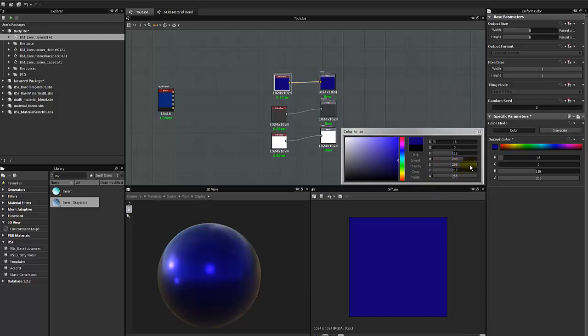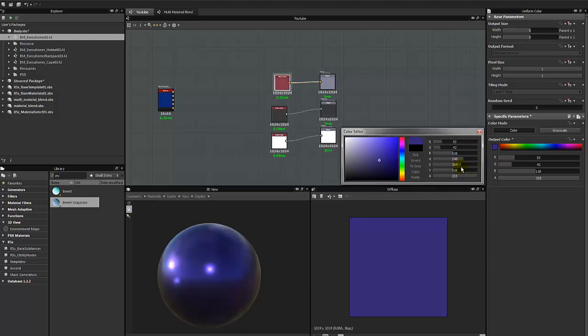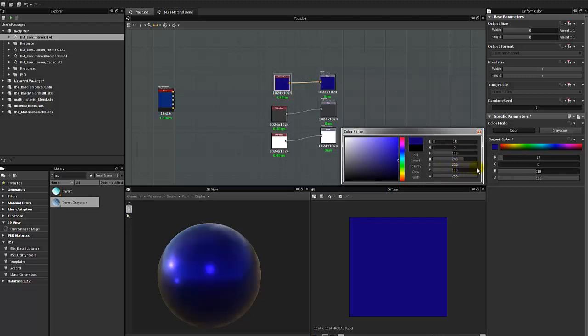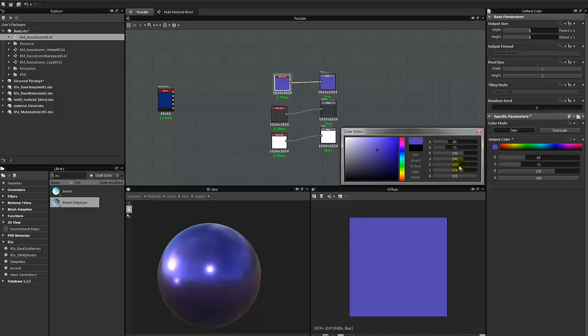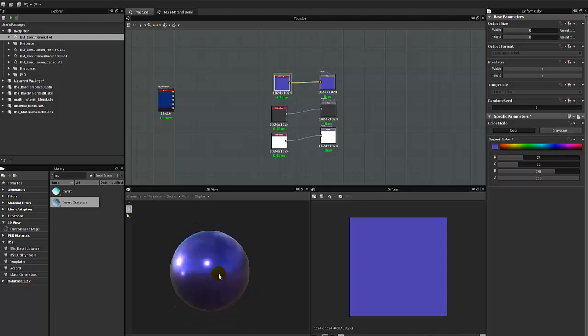I don't know if that's exactly the right terminology, but the value of your color affects the light reflection you're going to see. So if we make this a little brighter, see how it gets kind of out there. All right, let's do something like that. All right, so now we have three basic colors